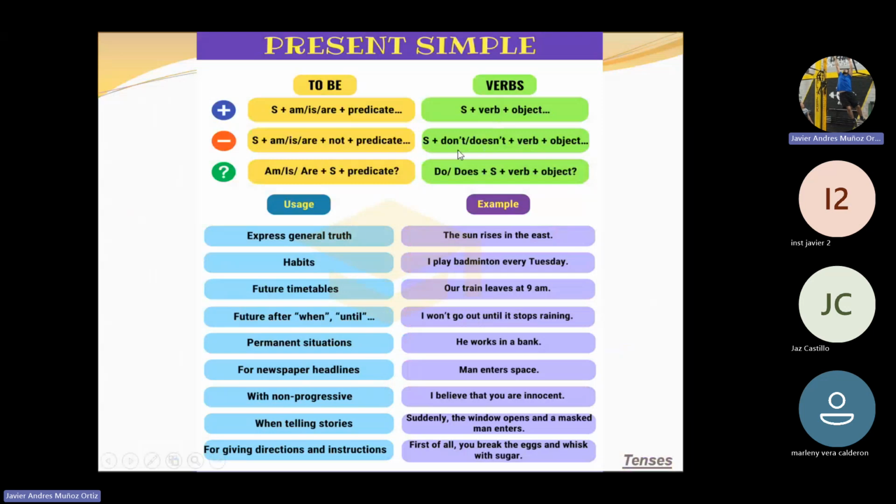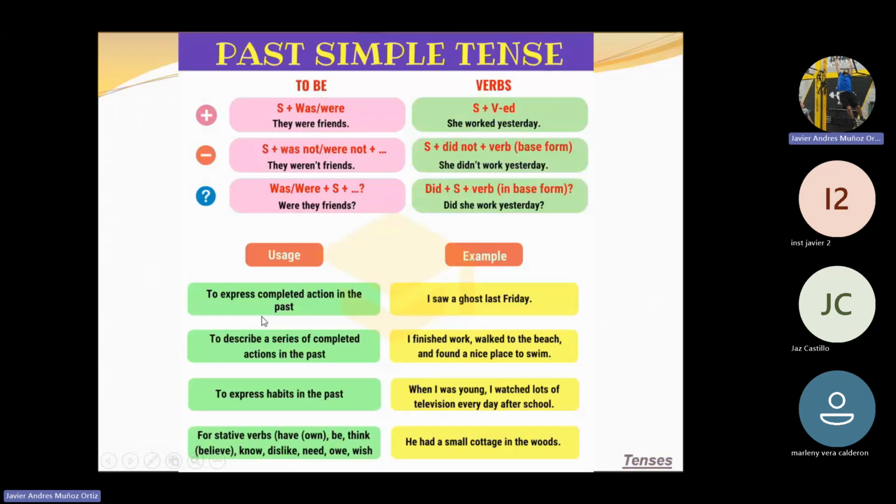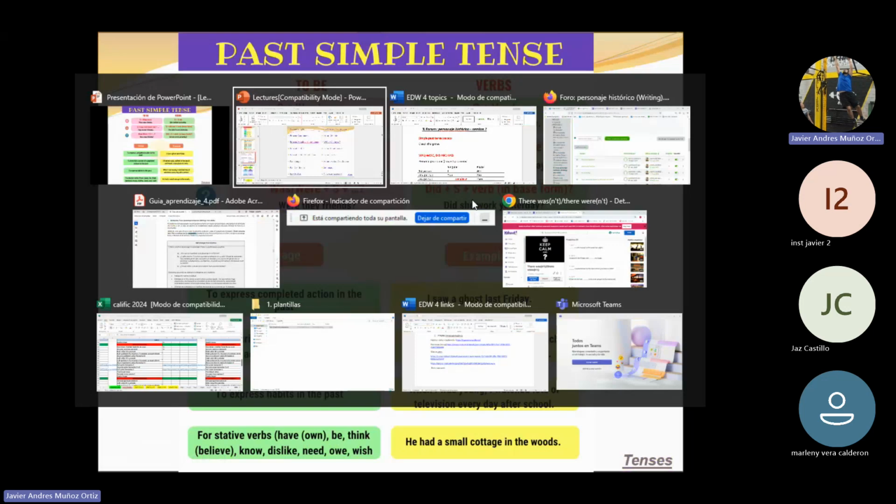We also said that in simple present tense, the negative sentences and the questions have an auxiliary verb. That's going to be the verb to do. And in simple past tense, we have the same thing, but the difference is that the auxiliary verb is going to be mentioned in past. That's it. That's everything that changes in terms of grammar.